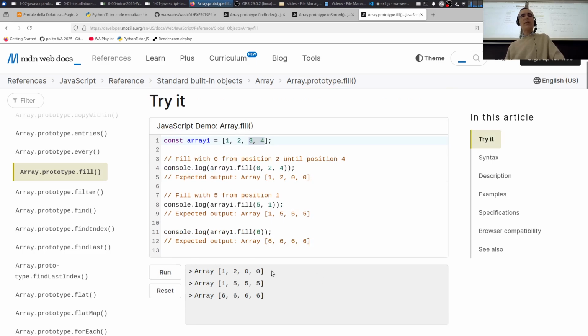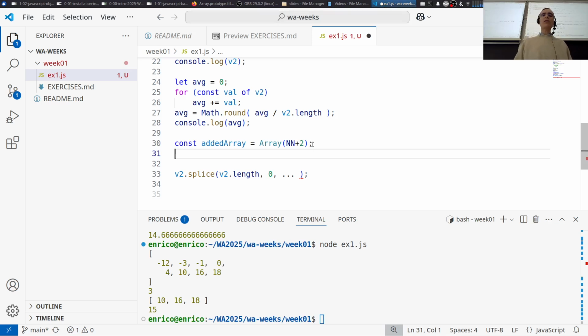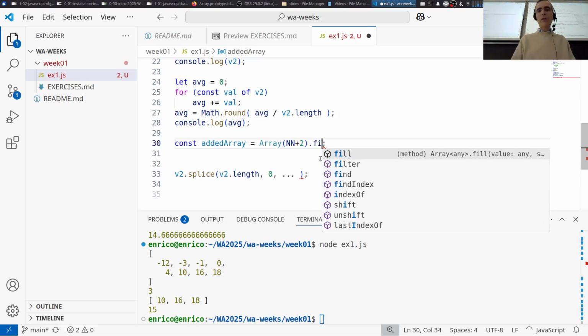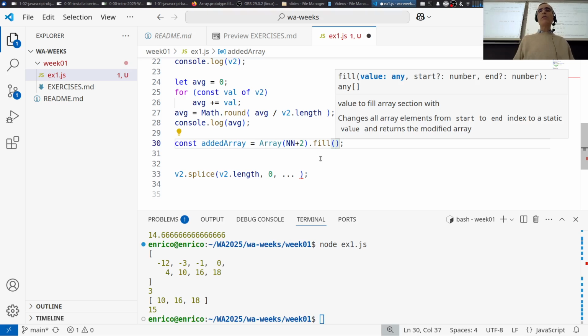We can try the example. So you see here, fill 6, there were 4 positions, and they are all 6, so that's what we need, okay? We try. Of course, I already tried, I already played a little bit, I already know, but if you don't know, you just try, okay? So just put it here. You can concatenate things because you have an object, they have properties, some properties have methods, so like in any other language, you can concatenate calls. Fill, and so value,